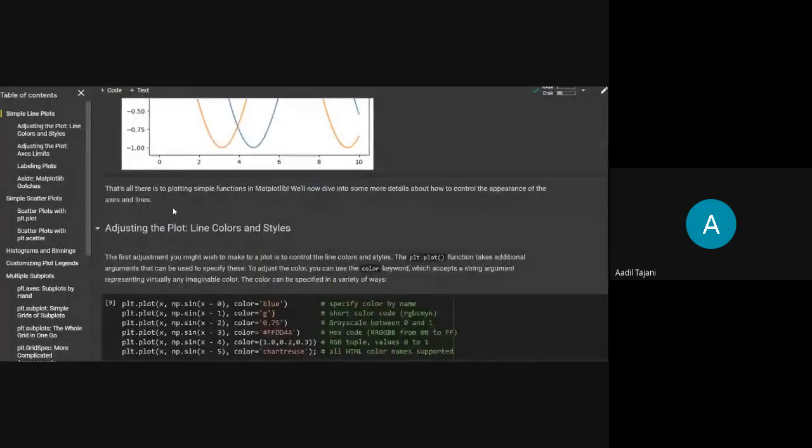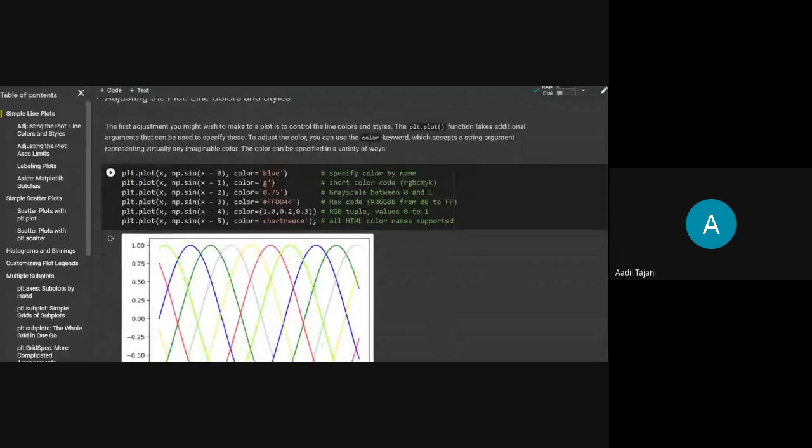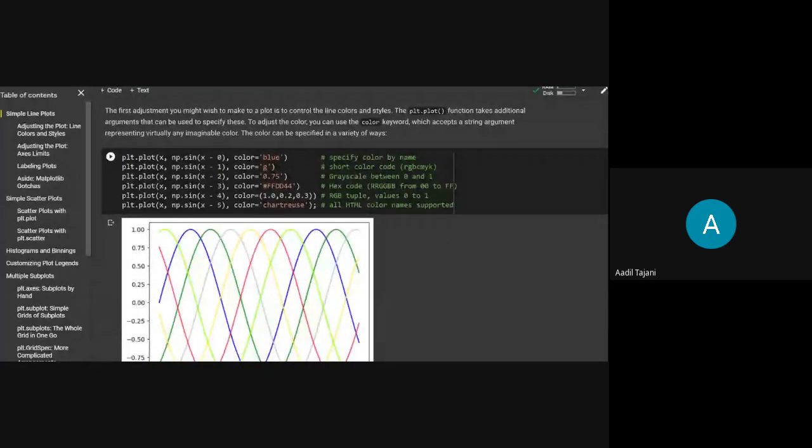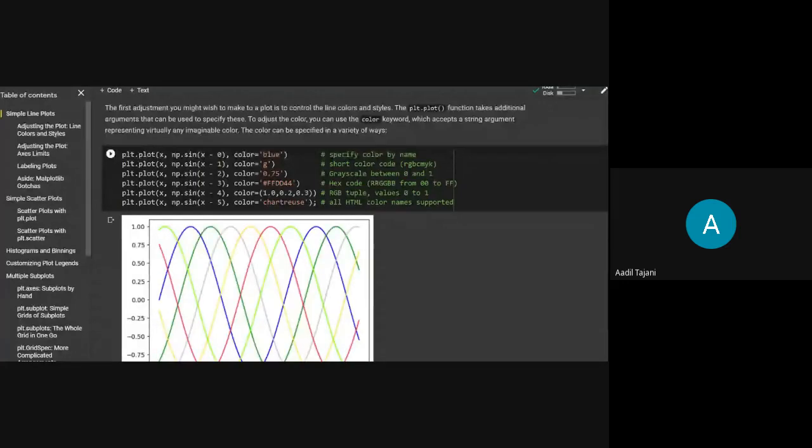So now we'll see how to change the colors of those lines. Use this simple plot function and pass the data. I'll pass the array and the sine function. Just to distinguish the different lines, I'll shift the values in that sine function by subtracting an offset from x.